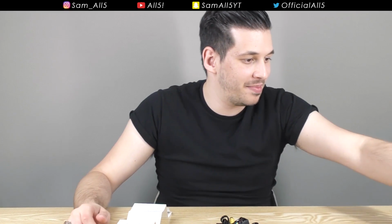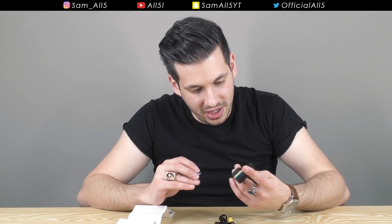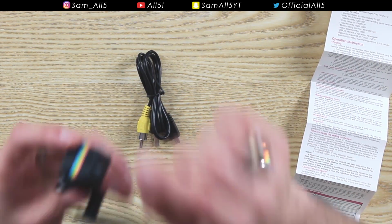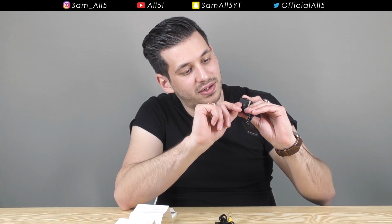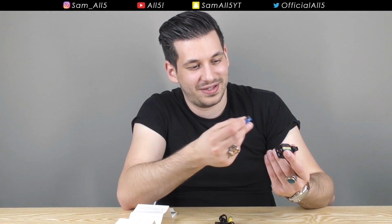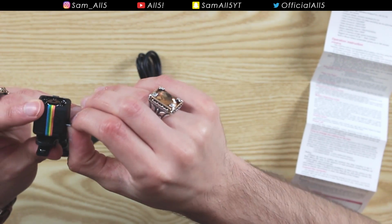How about that? Yeah. All right, let's read the instructions. Let's plug in a memory card. I've got a tiny little micro SD here, so I'm going to plug that in. And even the micro SD feels weird because it's not a spring-loaded one. It's one of the old ones where you have to, you know, get your thumb in to take it out and kind of with your nail push it out, which is... Oh well, I mean, that's just me being petty now, but...